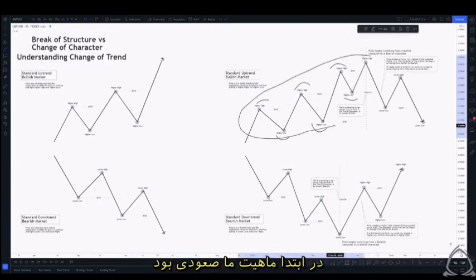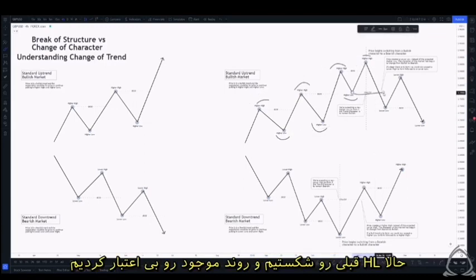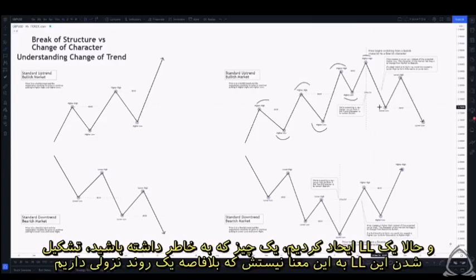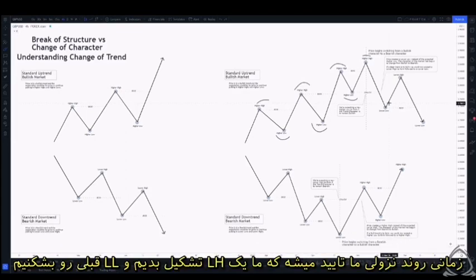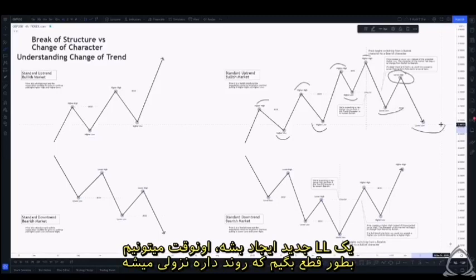The character initially was bullish. We were making higher highs and higher lows. We've now broken the previous higher low, invalidating a bull trend, and we've now formed a lower low. And one thing to note, because we formed this lower low does not mean that we have immediately started a downtrend. The way we then confirm that a downtrend is taking place is once we form a lower high and